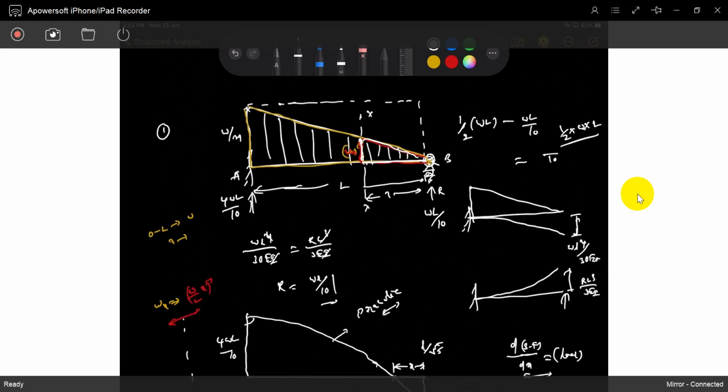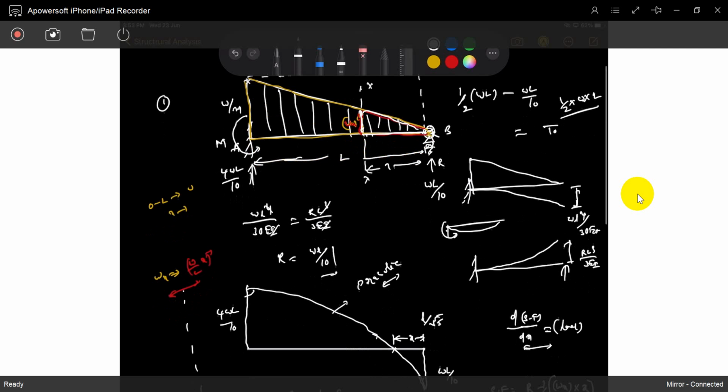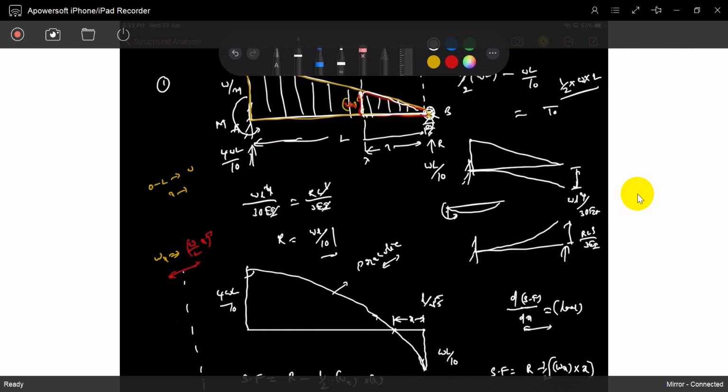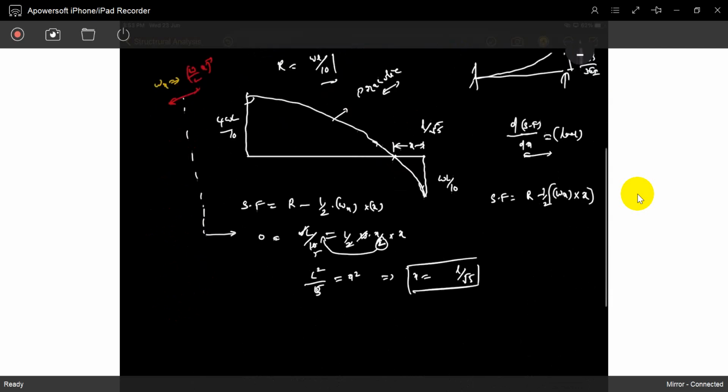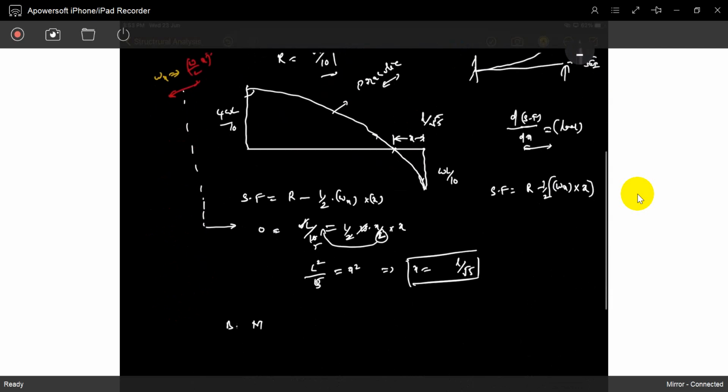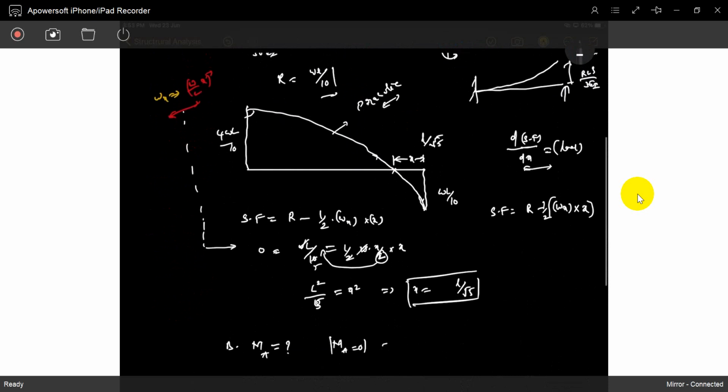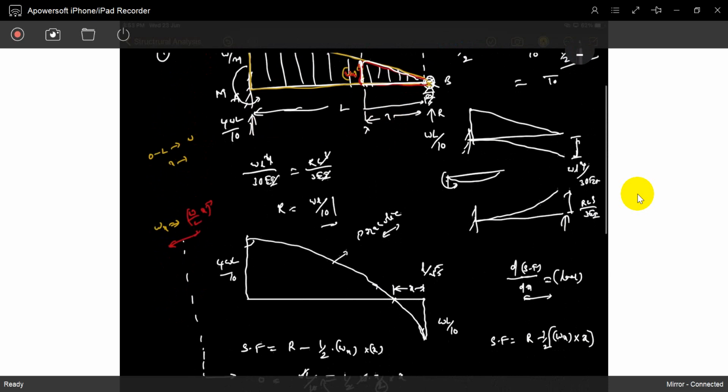Next, what is the moment here? Here also a moment arises like this, because the beam is deflected like this now. So the moment arises like this. Okay, so what is the moment here? Write down the moment. Moment at A, bending moment. Sorry, moment at A is what? We don't know. So the moment at A is 0, not a bending moment. Moment at every place is 0. So write it.